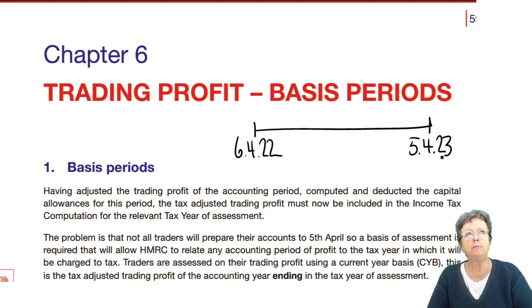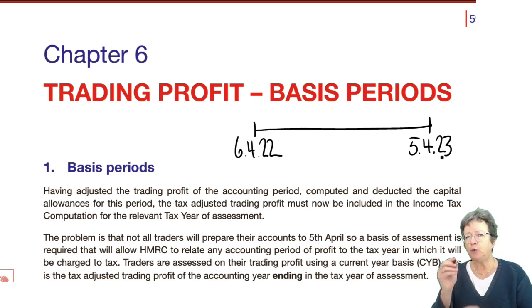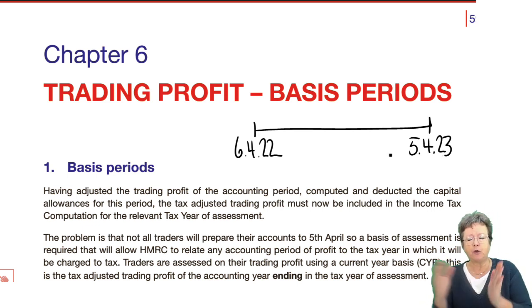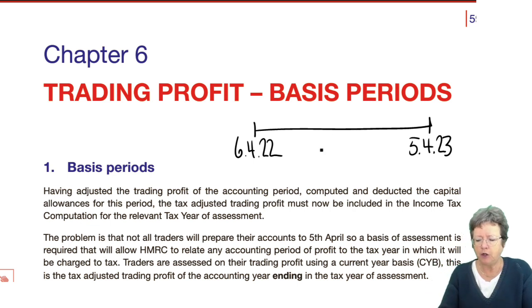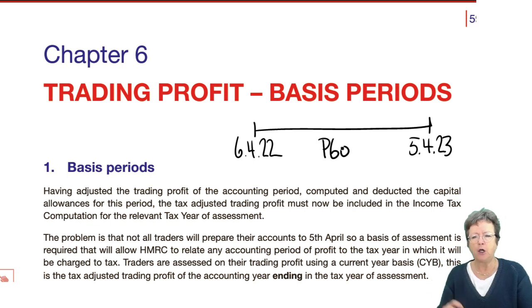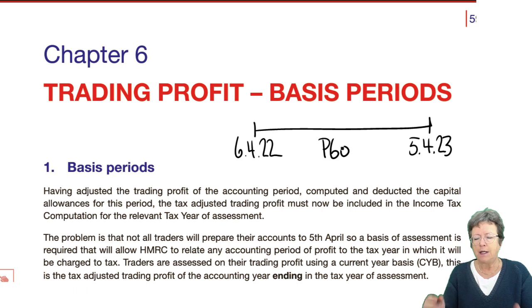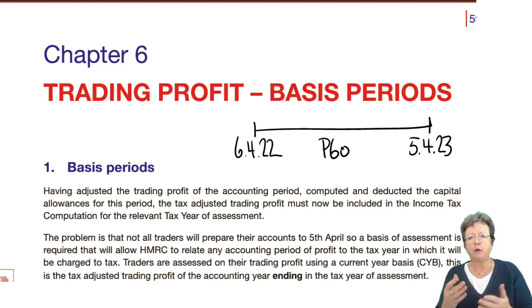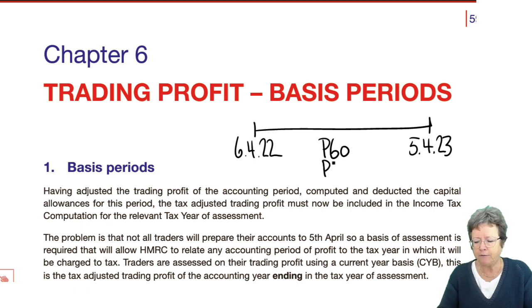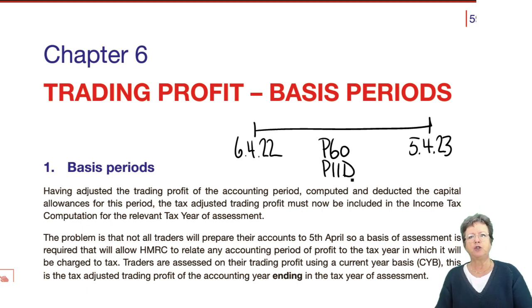Now, if you were employed, you would be given something at the end of the tax year to work out what needs to go in your income tax computation. You would receive a form P60, which would show exactly how much you'd earned in that tax year and exactly how much tax you'd paid. If you'd got benefits in kind, which we will come to in a different chapter, then you would receive a form P11D, which would show exactly what you need to put on your income tax computation